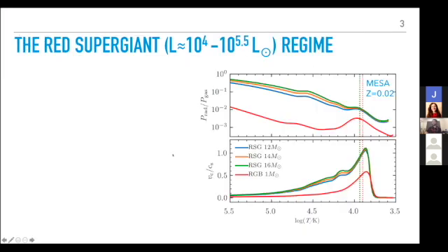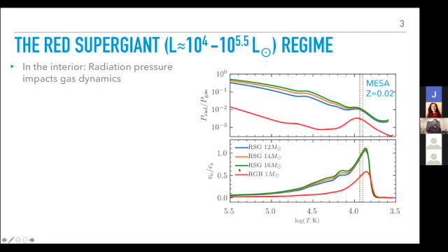Now, the red supergiant regime is similar, but there are a few notable differences. First of all, the luminosity scale is a couple orders of magnitude brighter. So in the interior, radiation pressure impacts the gas dynamics. Here on the right, plotting versus temperature so that we can get red giants and red supergiants on the same figure, I'm plotting P_rad over P_gas, the ratio of the radiation pressure to the gas pressure, for red supergiants in the non-red lines, and then the red giant, a MESA model, down here. We notice that the red supergiant radiation pressure is significant throughout the envelope,